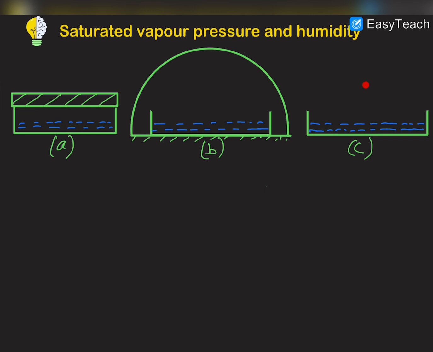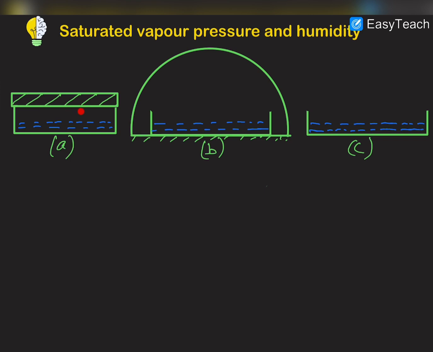So more liquid will evaporate, and the final liquid amount which would be left in the beaker would be very small. But in this case, the level of water would be the highest among the three, because of evaporation. Now you can see that the free space in this container is smaller as compared to the free space in